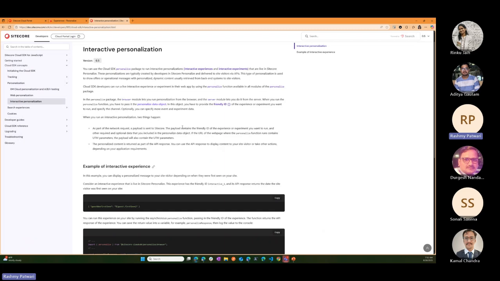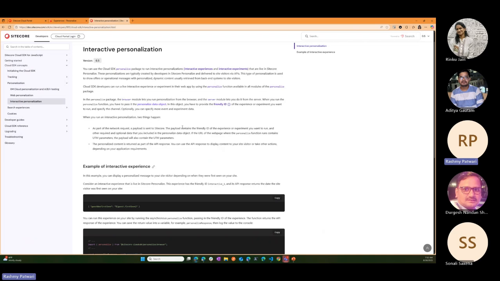That's a broader personalization topic. I don't think you need to develop a custom condition for ensuring GDPR compliance. We can use an interactive or web experience to read the browser cookies and show whether the particular client is compliant or not. That's more of a personalization use case, not specific to conditions. Okay, got it. Thank you.